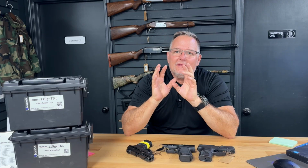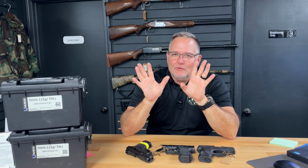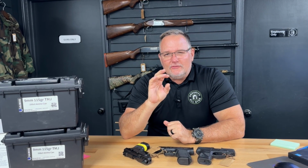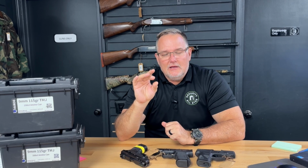Okay, so what is the best concealed carry handgun for the money? And that opens up way too much. I'm going to qualify it a little bit more. I'm going to talk mainly to people who are addressing new shooters, maybe even first-time purchasers of a handgun, somebody who has little to no experience and who has a budget of under